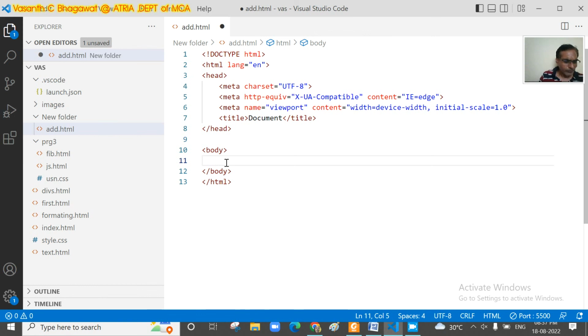Now we will try to use some tables. So already you have worked with the table. Now we'll try to use the table tag in our body. In the previous programs we have not used that. So now we will try to use the table tag in our body. So we'll use a table,